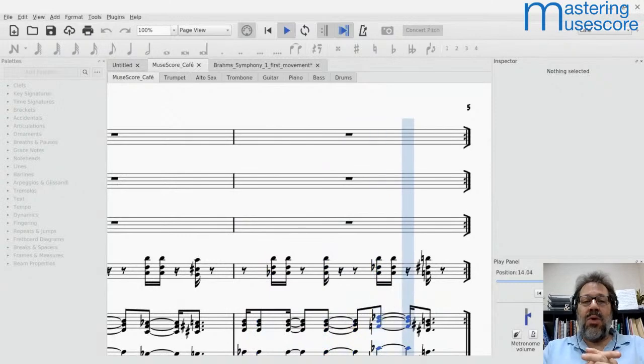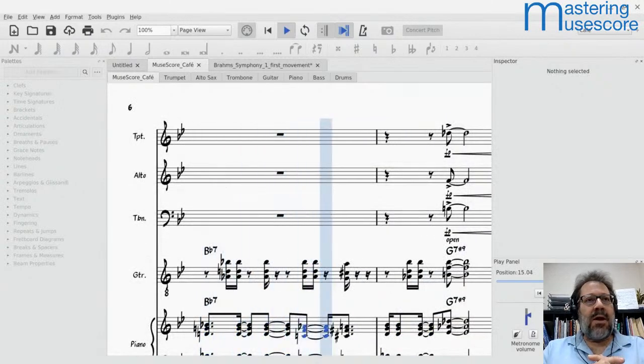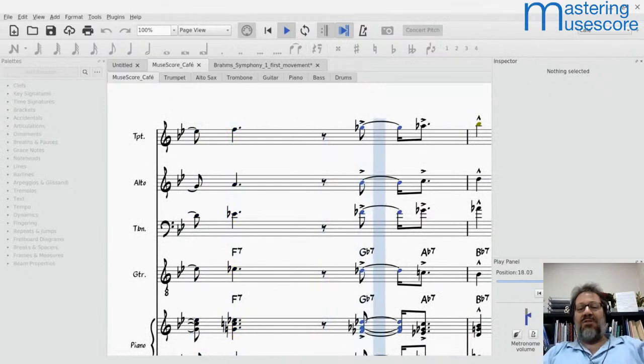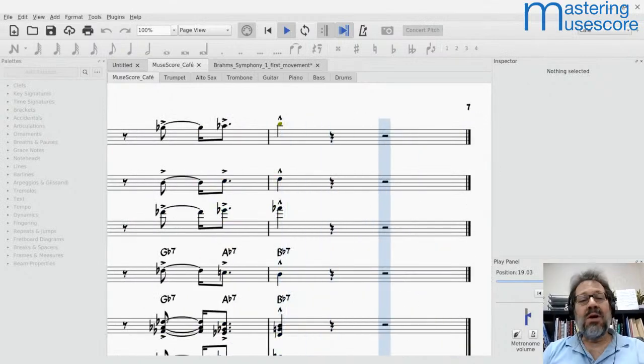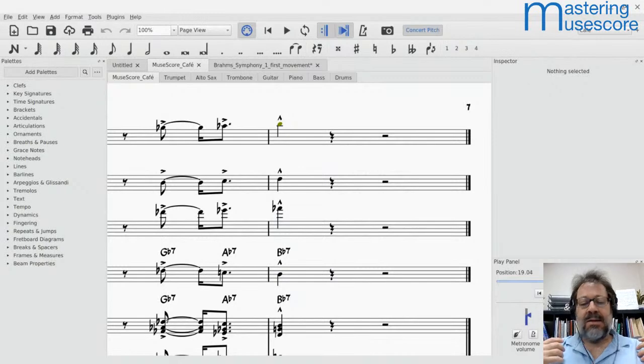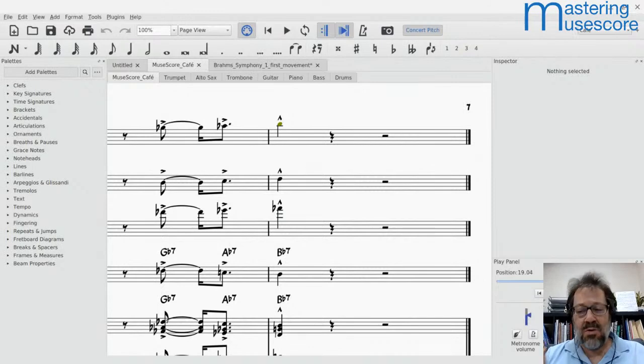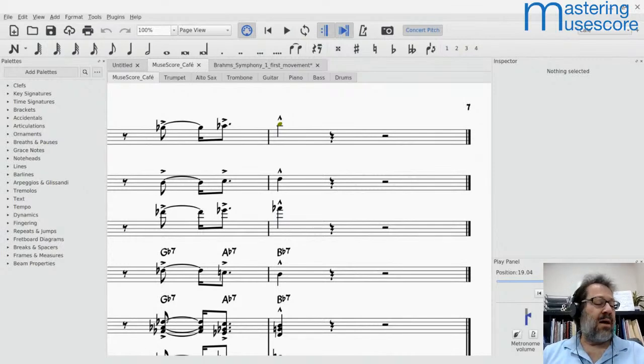So last week, we looked at how to shrink a score down. We were looking at this big Brahms symphony, and we shrunk it down from almost 100 pages to like 20 something, which was great. Today, we're going to look at what's involved in formatting of parts, and that could mean shrinking them down. It could actually mean making them take more pages, but having the page breaks happen in more intelligent places. Could mean all sorts of things. So we're going to talk about the formatting of parts, and in particular, we're going to use that particular example of that